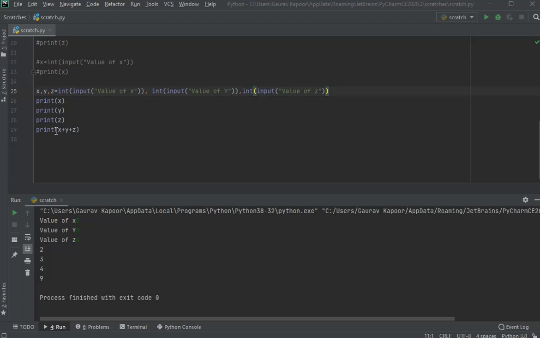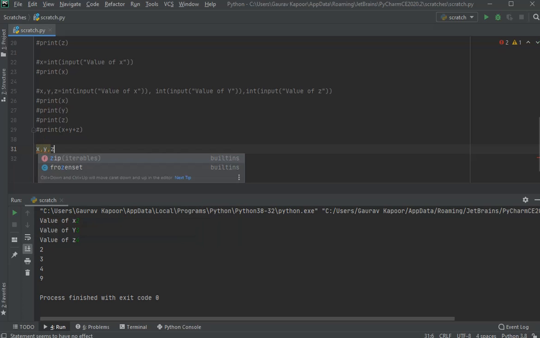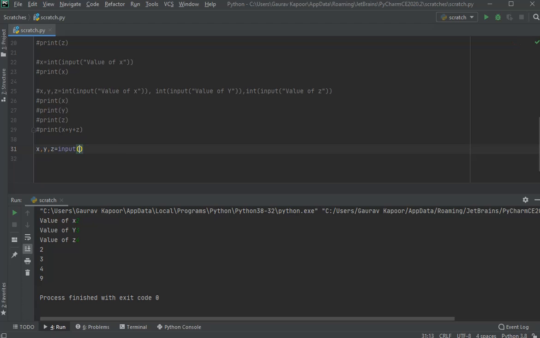Now, is there any way that I don't want to write input for 3 or 4 times? What can I do? Wait, I'll show you. Let me comment it out first. So I've commented all those above parameters. Now I have x comma y comma z. These three values, right? I want to take an input, but I don't want to write input for all three things. Then what I'll do is I will simply say